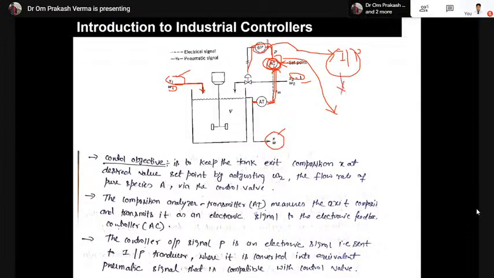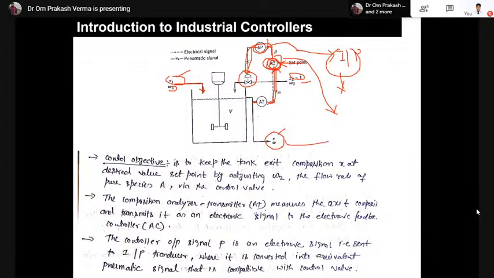The current to pressure converter will create a pressure signal that will act on the final control element, and the final control element will act accordingly. It will either open or close as per the desired value given by the set point, changing the flow rate of stream 2, and then the concentration of the final solution in the tank will be controlled.